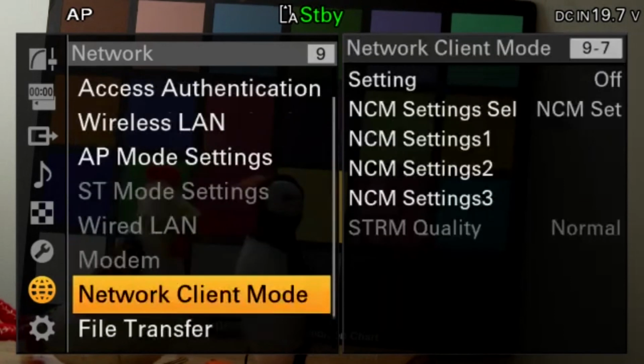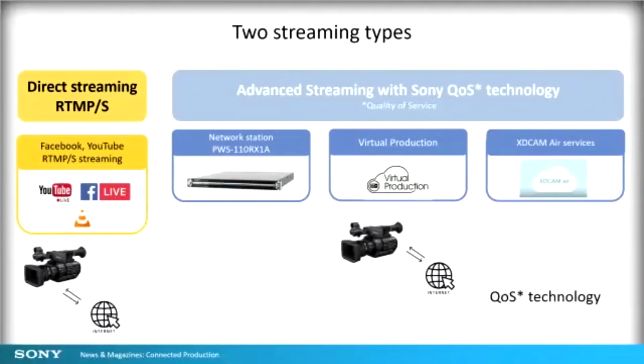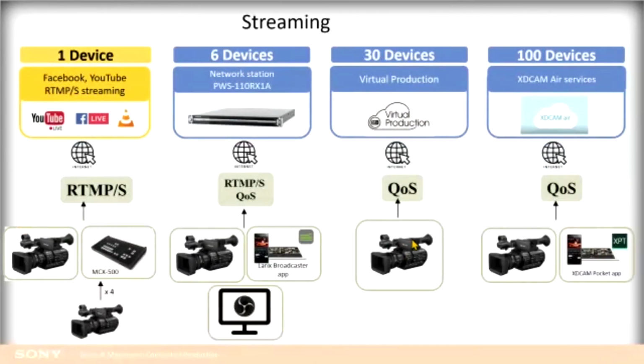So network client mode in the FX9 menus here. This is to do with Sony's specialized streaming service that's a bit like SRT and has a very low latency and lots of error correction and adapts very nicely to changing bandwidth and is a very powerful tool. And that's used a lot with the virtual production system that we're going to have a look at tomorrow, if that's okay. And it's also used with XDCAM Air. And this brings us on to